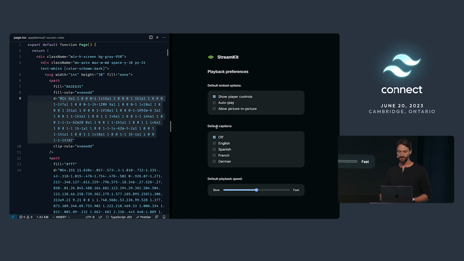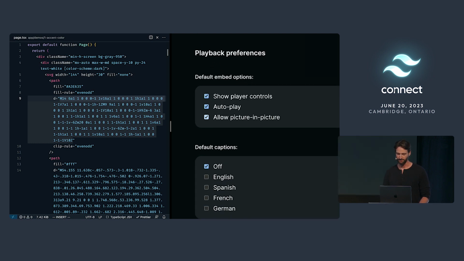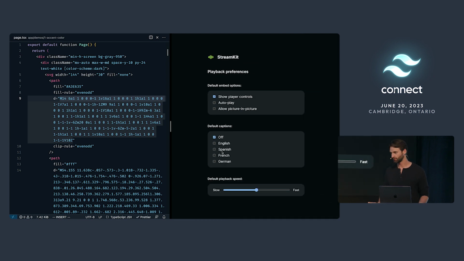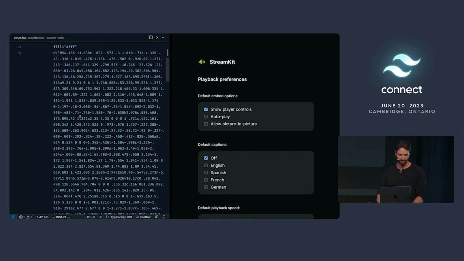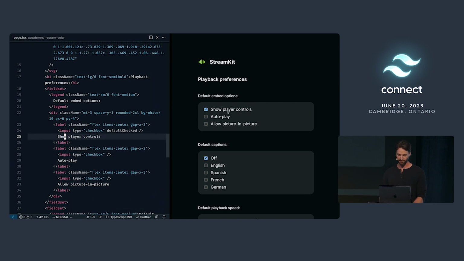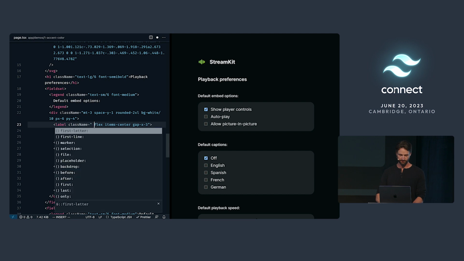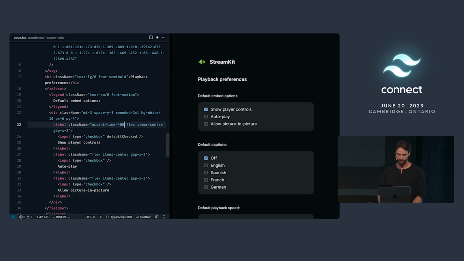One of the things that's a bummer about these native HTML controls is this default blue treatment. We're so used to being able to customize things as web developers, and then we get to these native controls, and it's a bummer. We can't change them, right? Well, one thing that I learned that Tailwind added recently is this class called accent. So if we find this show player controls checkbox right here, you might not know this, but we have a utility called accent, and this gets all of the colors in Tailwind. So we can find our lime, go straight to 400, and if I save this,